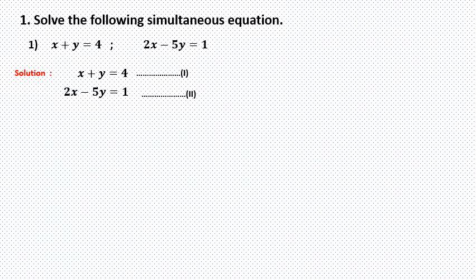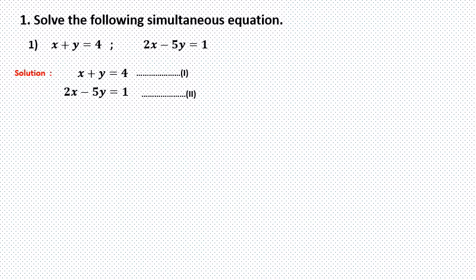Now, what is the second step? After giving numbers to the equations, we have to make the coefficient of any one variable the same. So if you observe equation number 1 and equation number 2, what is the coefficient of x in equation number 1? Meaning, what is written before x? Nothing is written. So the coefficient of x is 1. And in equation number 2, what is written with x? 2 is written. So 2 is the coefficient of x. Always keep in mind, when there is nothing written with a variable, it means the coefficient of that variable is 1.